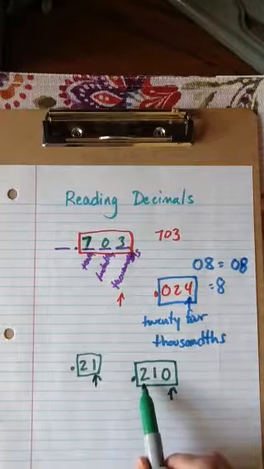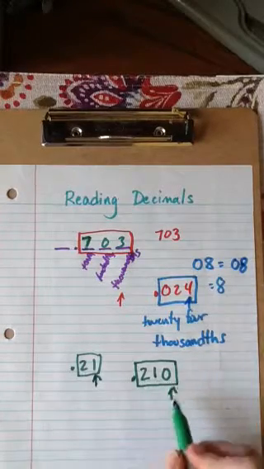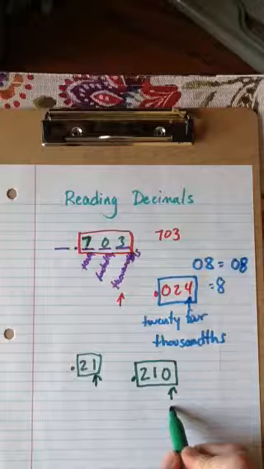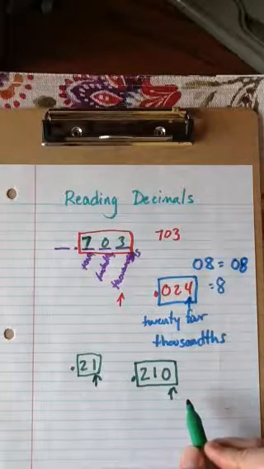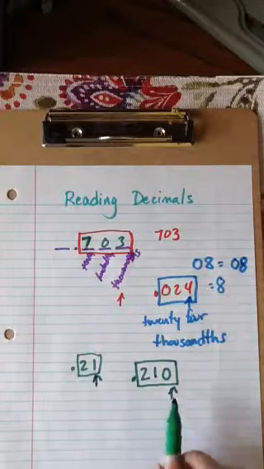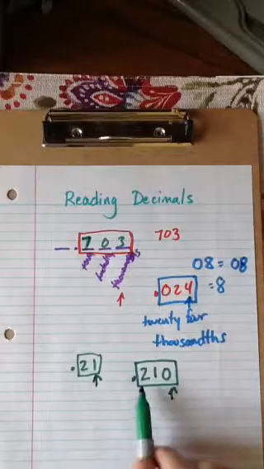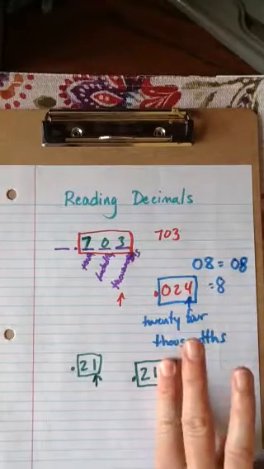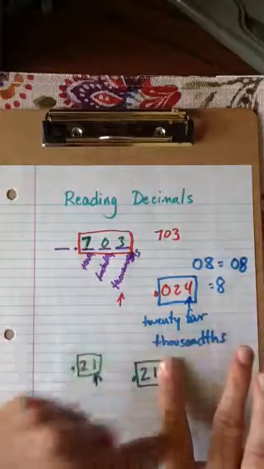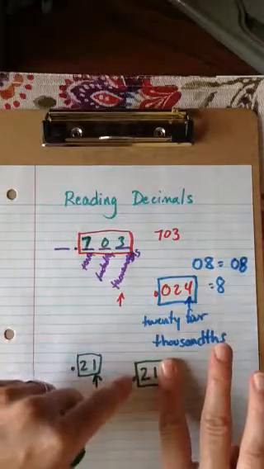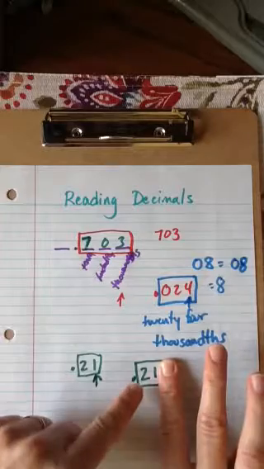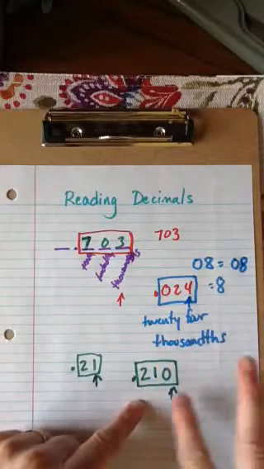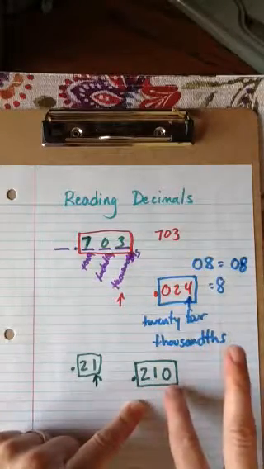This is 210 thousandths. Technically, if you read this as 21 hundredths, you'd be incorrect in the name of this decimal. The value is the same. 21 hundredths is equivalent to 210 thousandths,